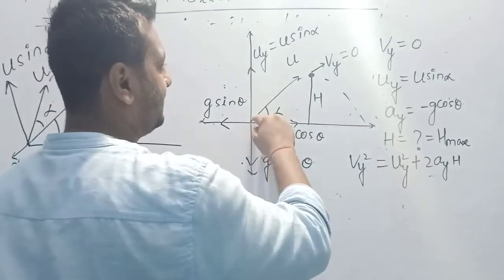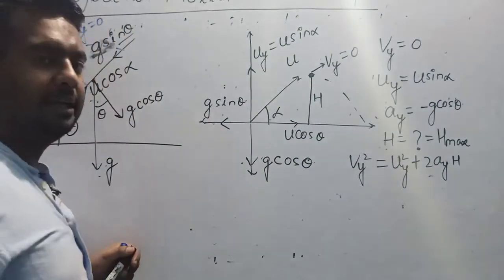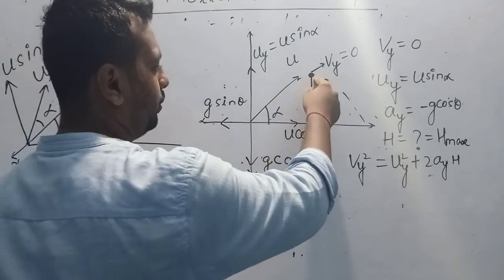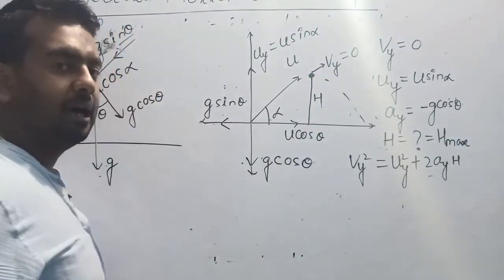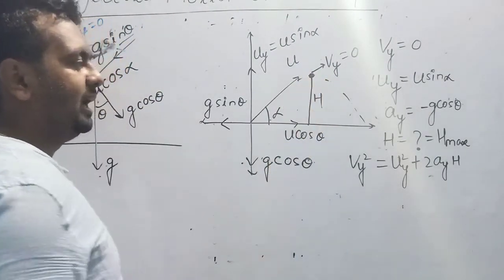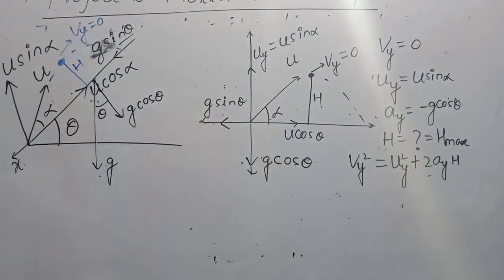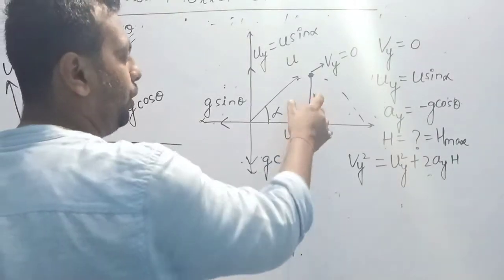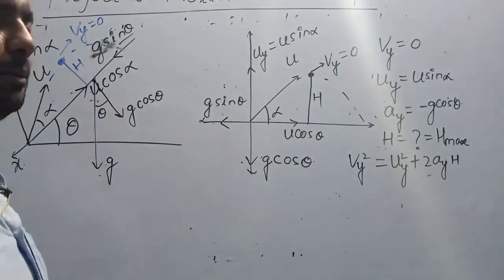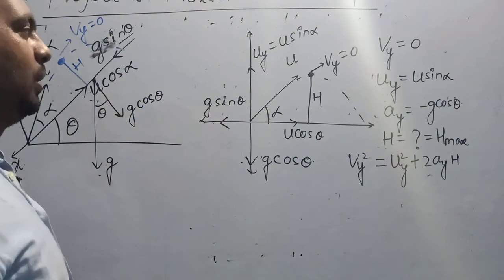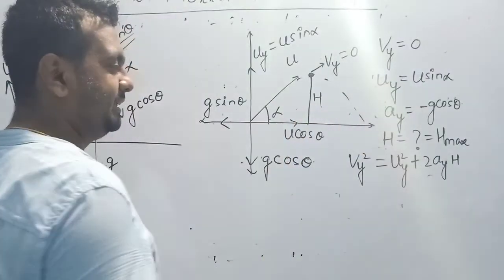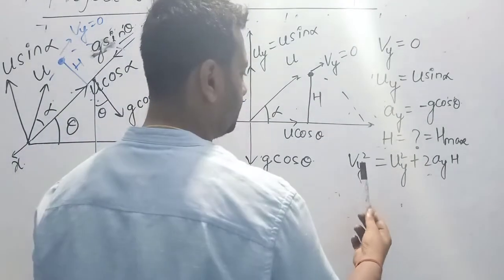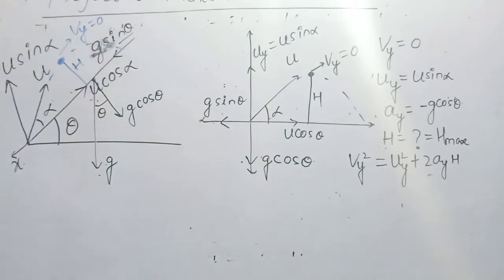First calculate the time taken to approach this maximum height, and then use the formula s is equal to ut plus half at square, putting the y component of initial velocity and the y component of acceleration due to gravity in that equation, and then you can also find it. But simply by applying this third equation of motion directly,